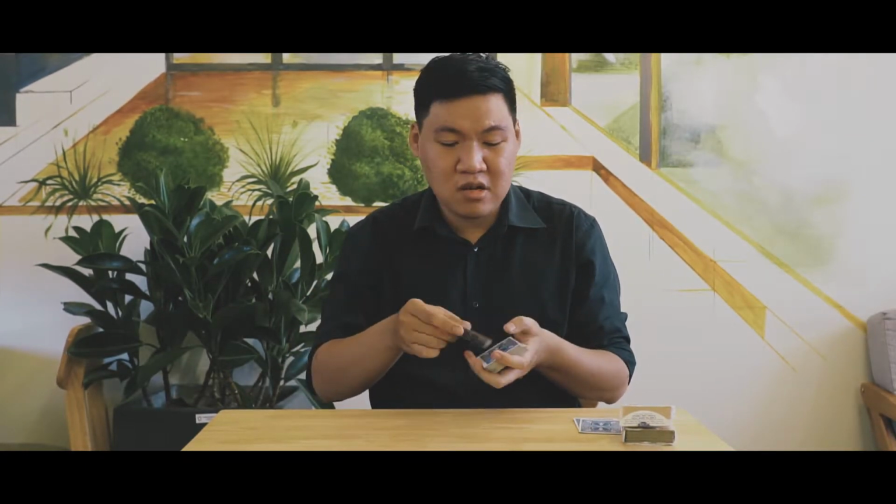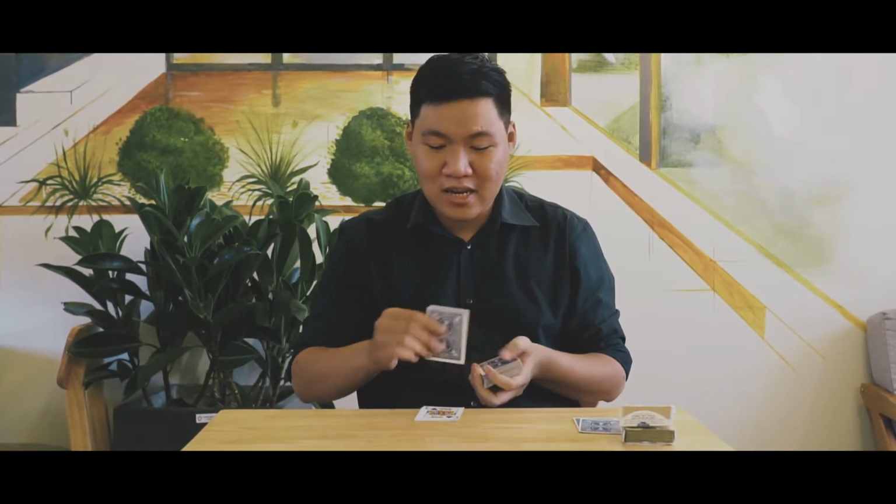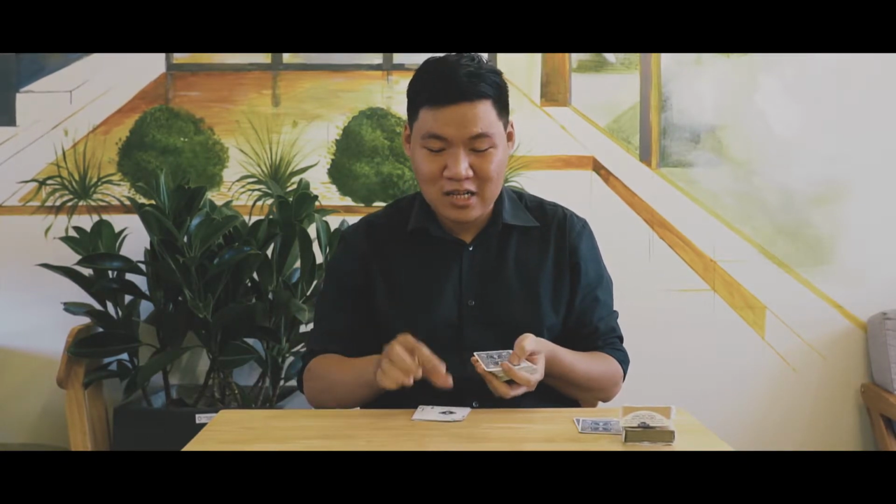Now for that one, I'm just telling him to pick a card, and then he chooses the card, shows it to the spectators there, and returns the card right there. And then I just take a peek at that card any way you like. You can force the card if you want, any way that you like to know that card. Then he starts counting the cards like this, and while he's counting, I get that card from the first spectator into the position of the number that the second spectator asked me. And while he counts, I'm going to get that card into the position, and then I'm going to turn the whole pack down,